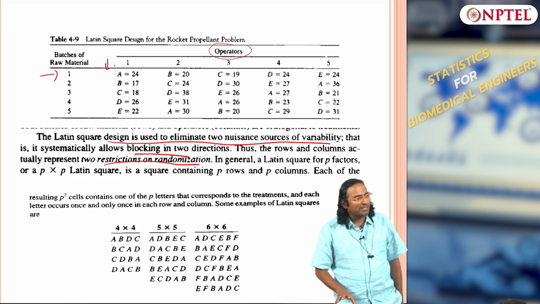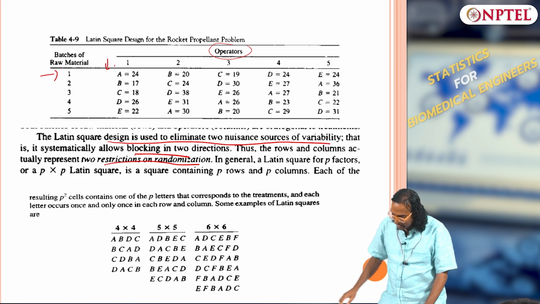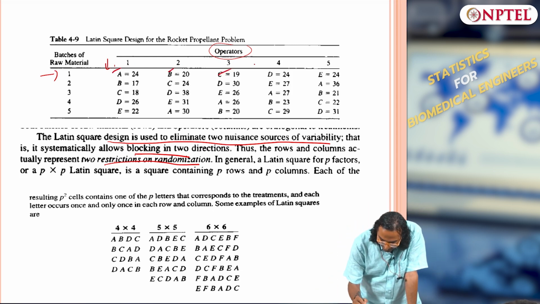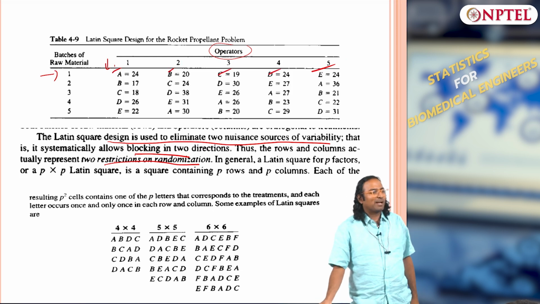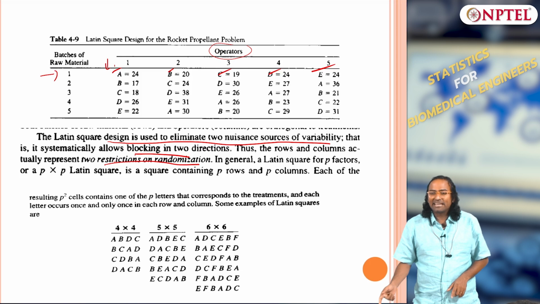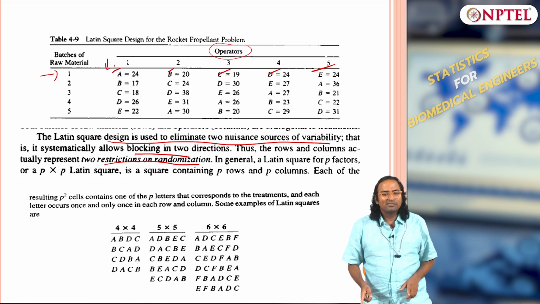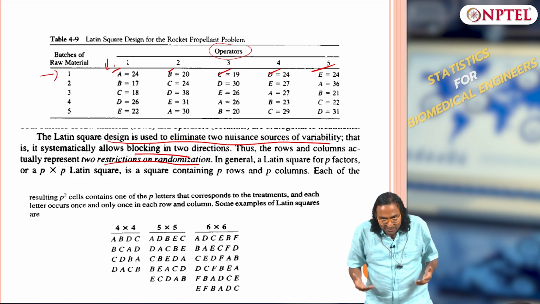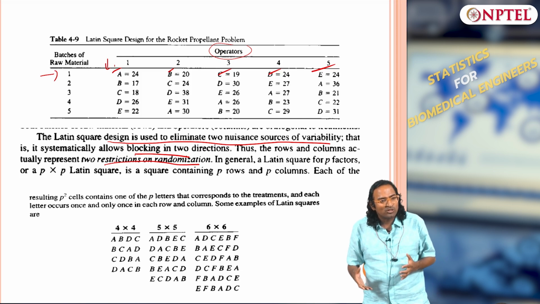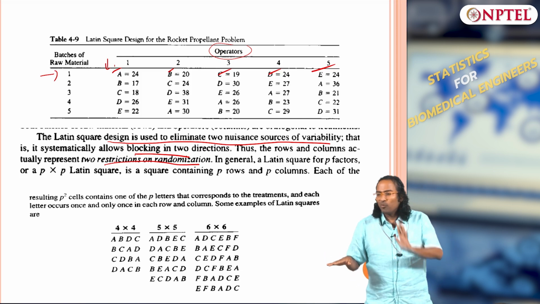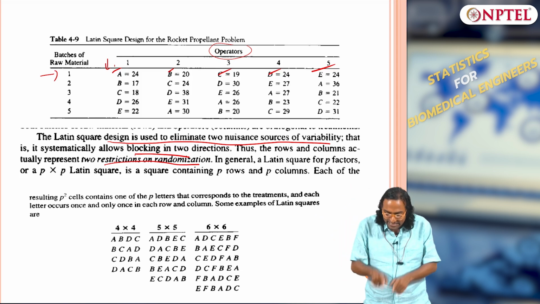Now we are moving on to 3 factors. In here what are the 3 factors? Raw material, operators and these letters A, B, C, D, E. So the entries have become part of the design, rows, columns, this is exactly like your image. How do you represent an image? Matrix. What is a matrix? x, y, and what are the values? X is your x direction, y direction, and what is inside the matrix? Value, intensity, exactly like this.